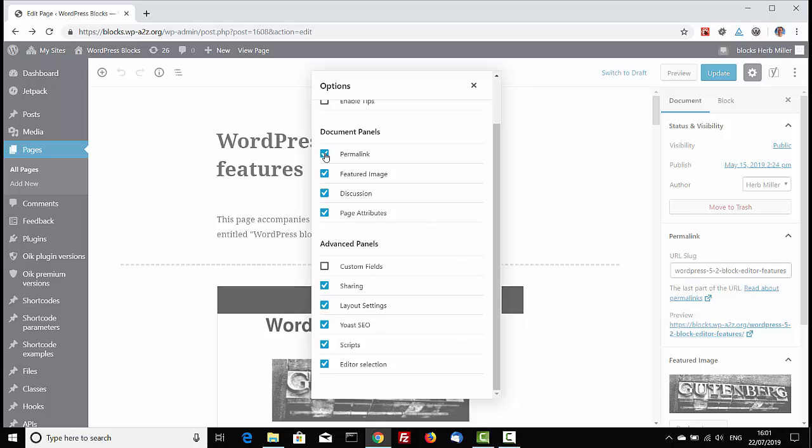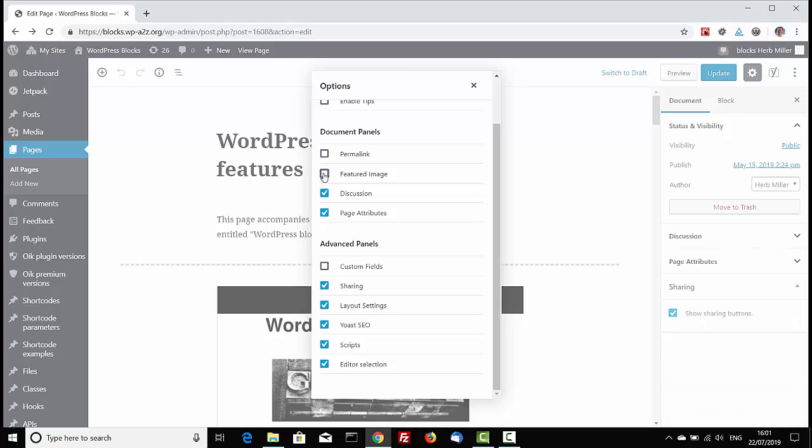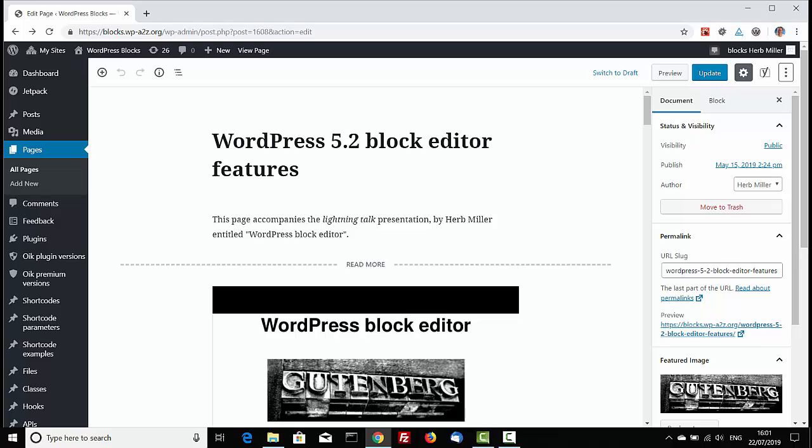So if I don't want to see the permalink, I can deselect that. If I don't want a featured image, I can deselect that. Click on the toggle and turn them back on again as you need to. Going back to the top toolbar, you can see the Add Block